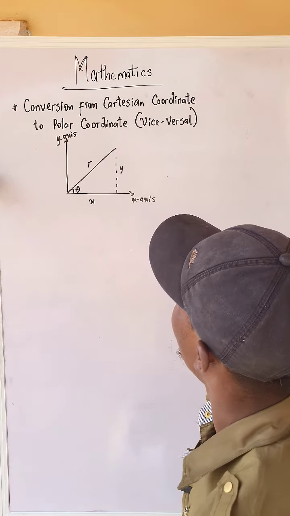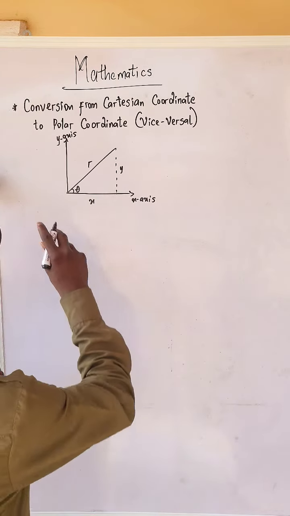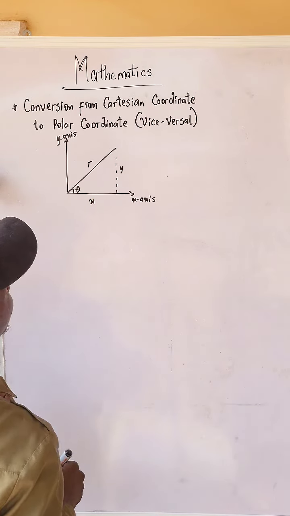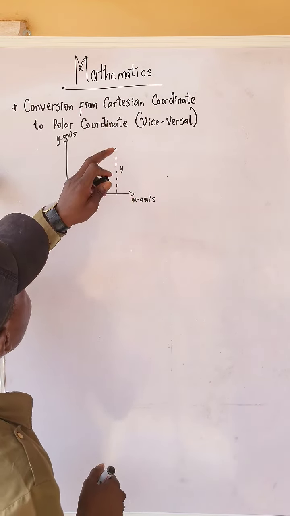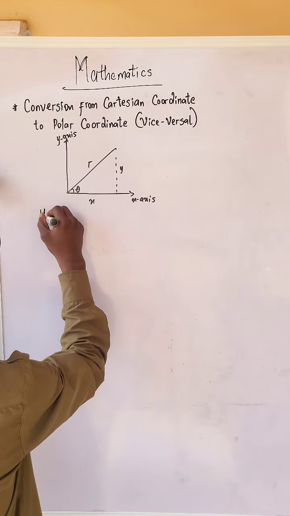Now, let's just be fast about it. We just want to prove some formulas that we'll be using. So using this formula, this is our radius, this is the x, this is the y-axis, then we have our angle theta. Now using Pythagoras theorem,